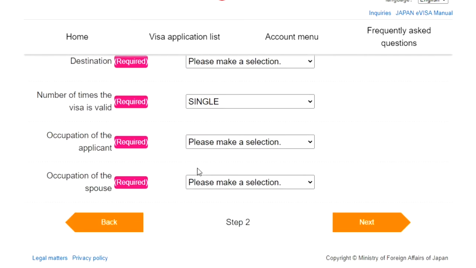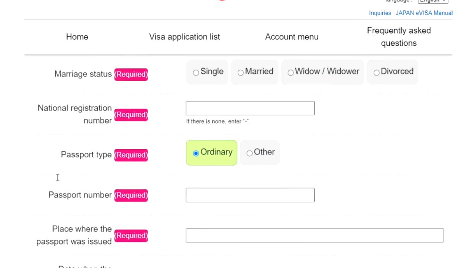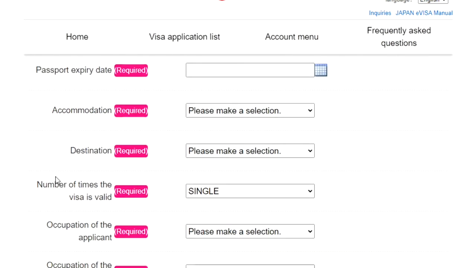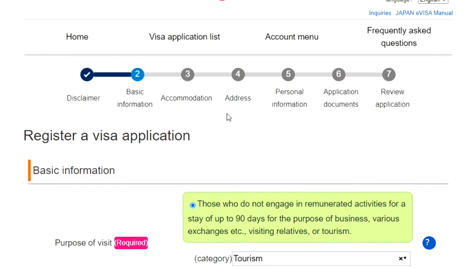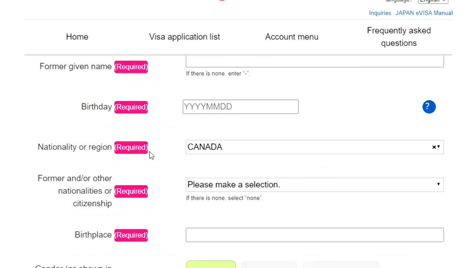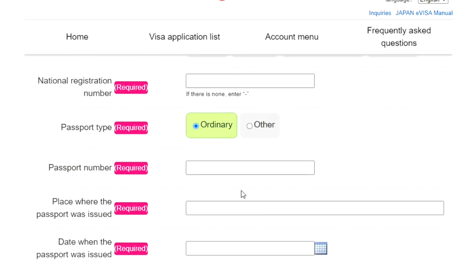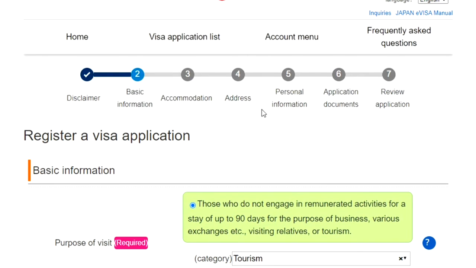Okay, so basic information, then accommodation, address, personal information. Okay, so it's coming like the basic information, accommodation, destination, personal. Okay, so all right, so these are the basic questions, and once you are at the end you can review the application,